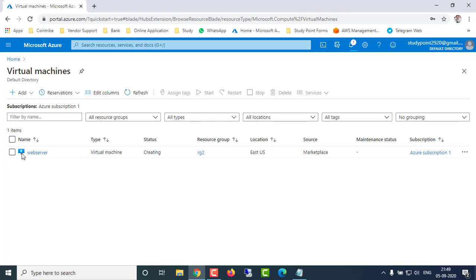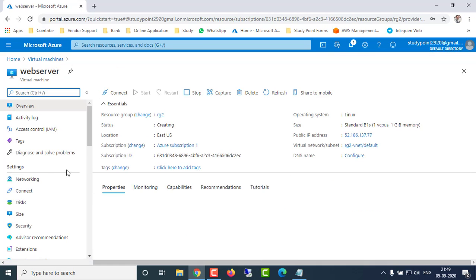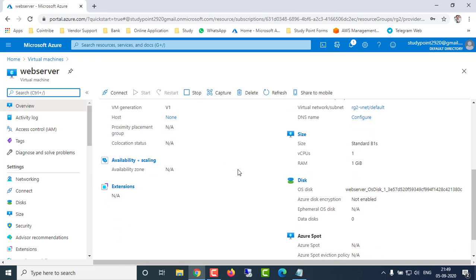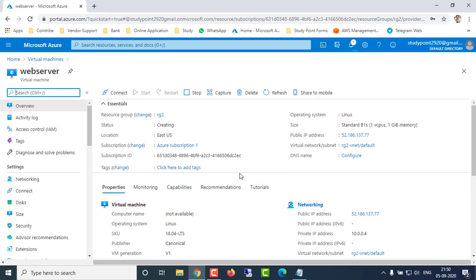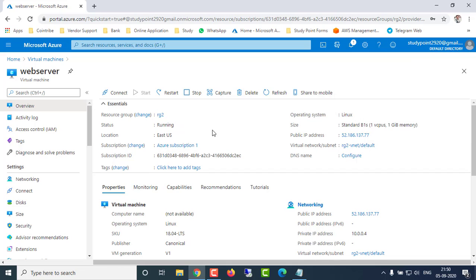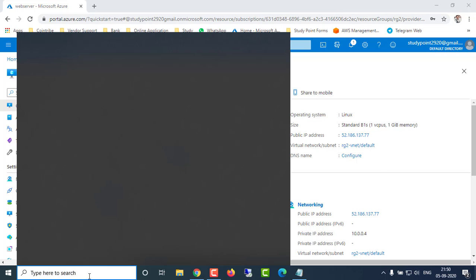Click on refresh here. So what is the name of your virtual machine, the status, the resource group, location, marketplace, and your subscription type. If you click on the web server name, your virtual machine name, you will get more details about your virtual machine. So let's wait for some time while it's creating our virtual machine. If I refresh it here, our virtual machine is created and the process is running. So I'm going to copy this public IP, where I'm going to access it through PuTTY.